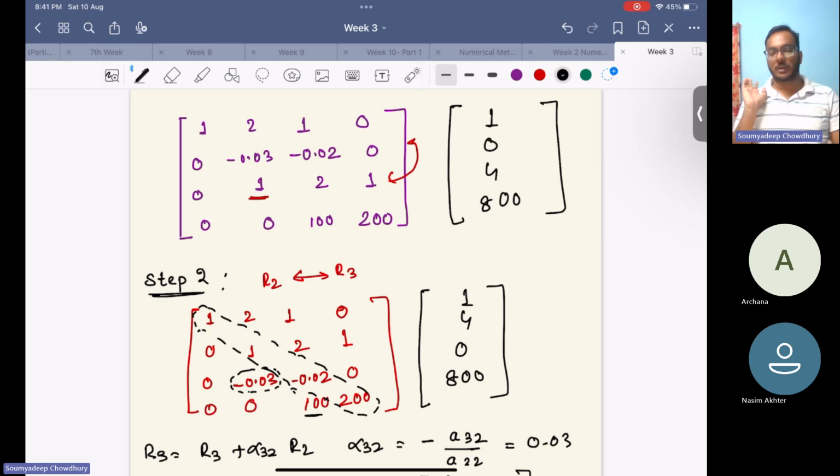You check the second column of that, not the first column. First step, you will check the first column. Second step, you check the second column. What is the highest element in that? Here,